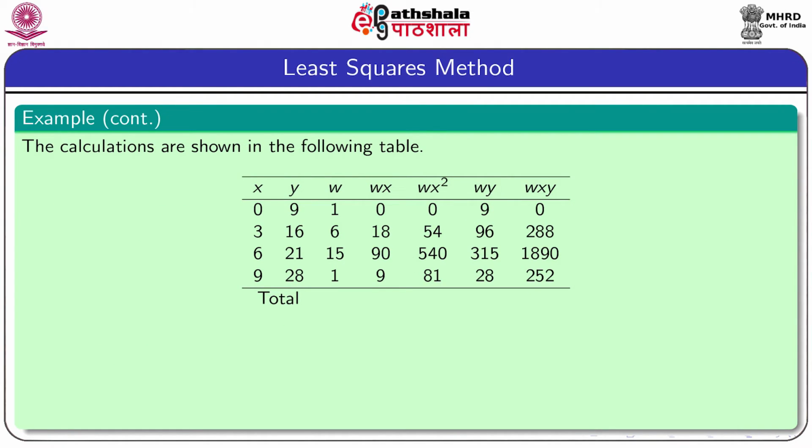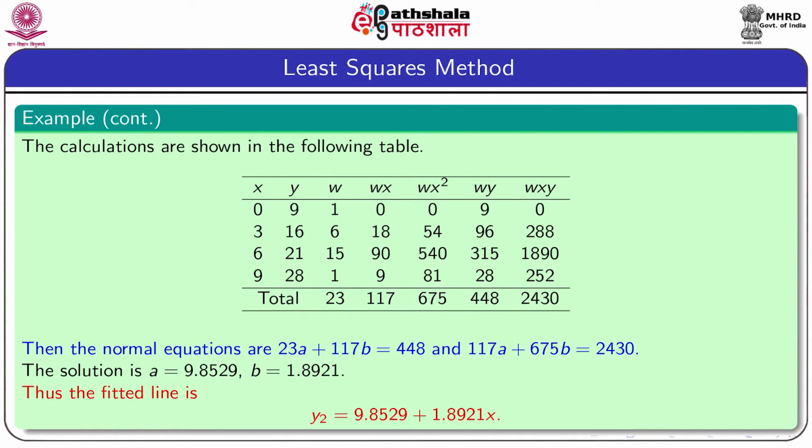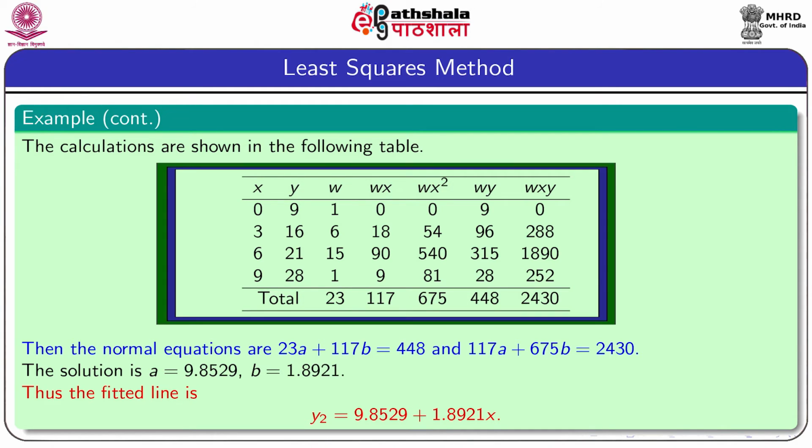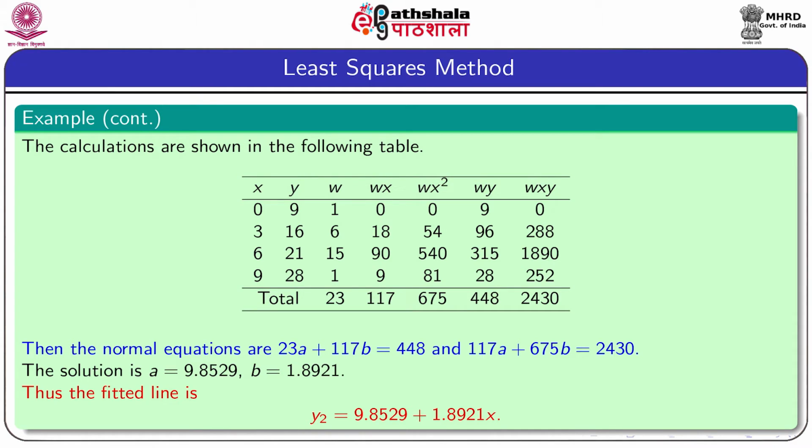Now the calculations are shown in the following table. The first and second columns represent the x and y values. The third column represents the weights 1, 6, 15 and 1. The sum of weights is 23. Sum of w into x is 117, summation of wx square is 675, summation of wy is 448, and summation wxy is